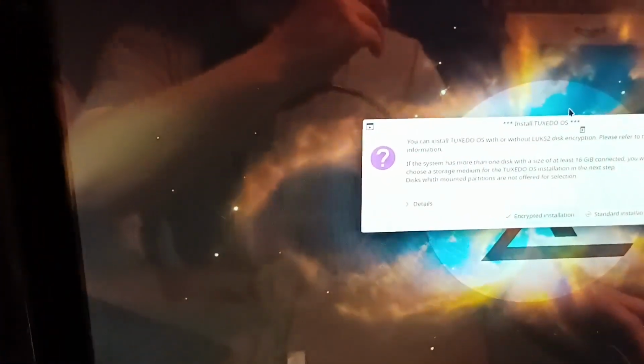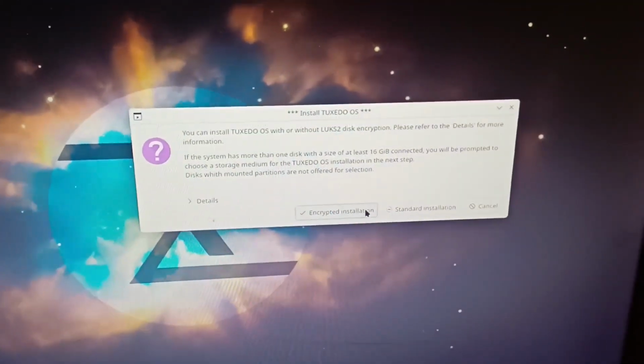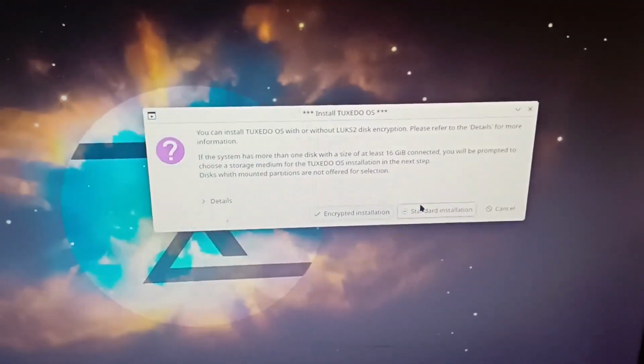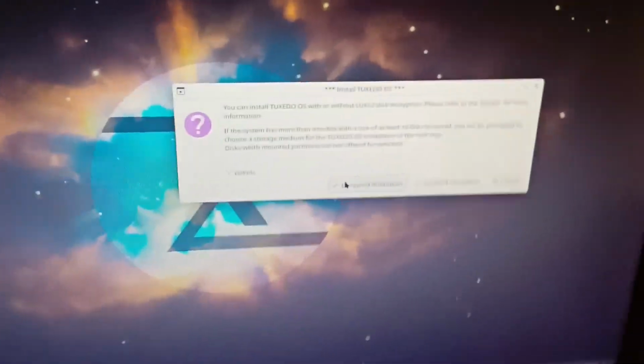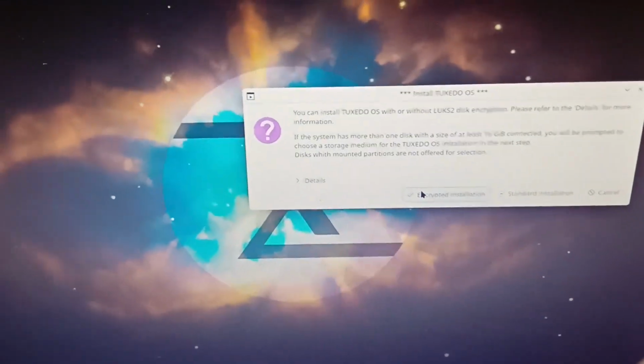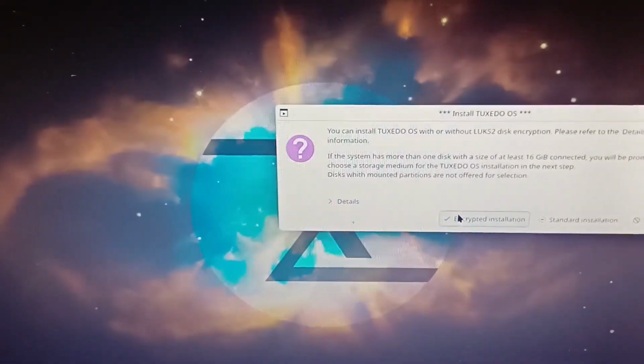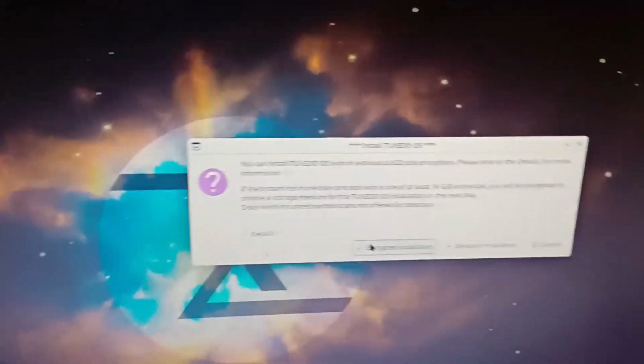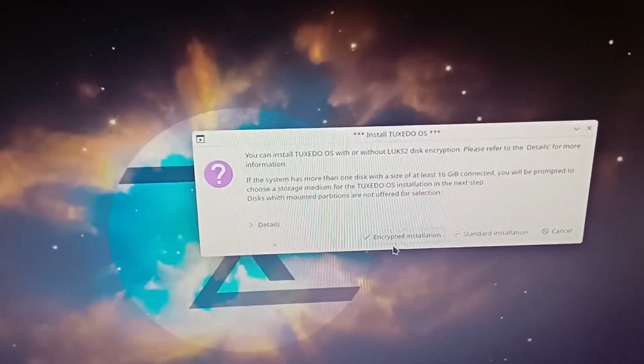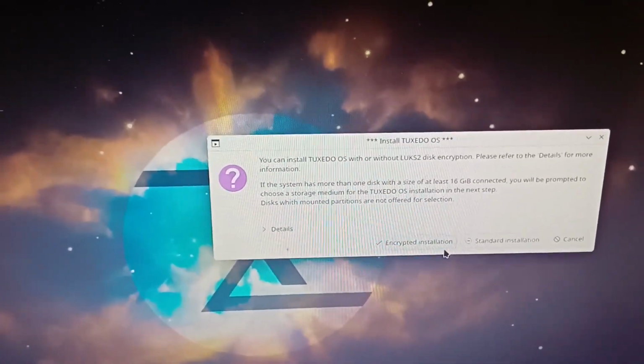Oh, it popped up over here. Okay, let me pull you over here. There we go. So you can do an encrypted installation or a standard installation. With encrypted, you're going to need to type a password to access the drive at all. I'm just going to do a standard one, but if you want extra security, you can do encrypted.